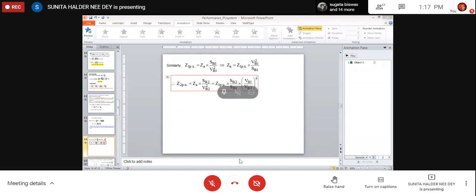So in terms of impedance, Z1 per unit is actual into volt ampere by volt square. From there we can derive the actual quantity. Then Z2 per unit is the actual quantity into the new base value of volt ampere by the base value of voltage square. In that way, if we substitute this actual Z, we can get the relationship between the old per unit value and the new per unit value. In that way, it is applicable for admittance, volt ampere, in every case.